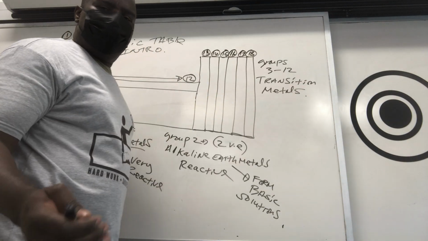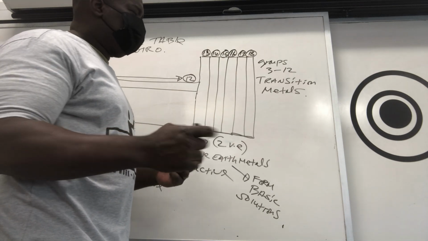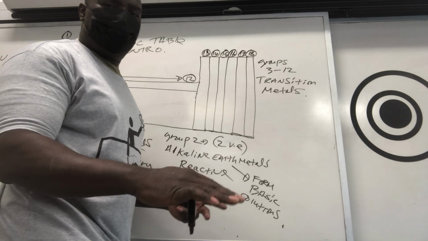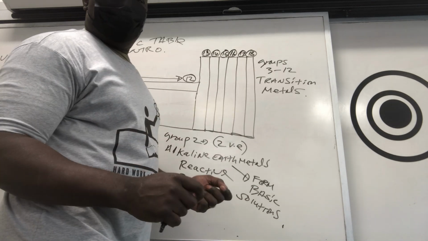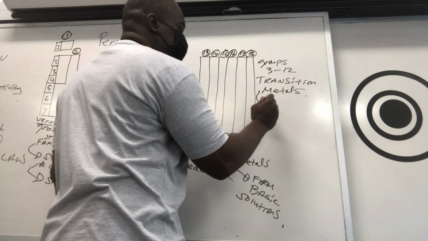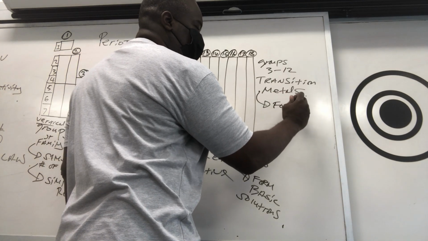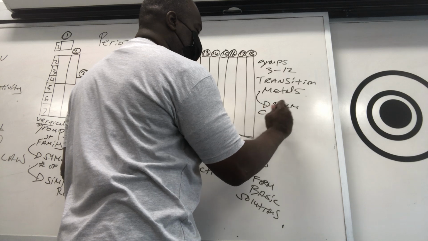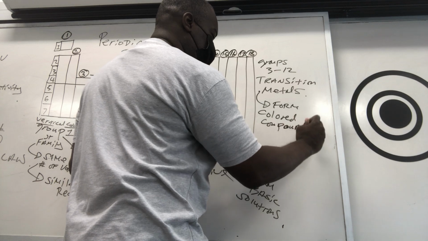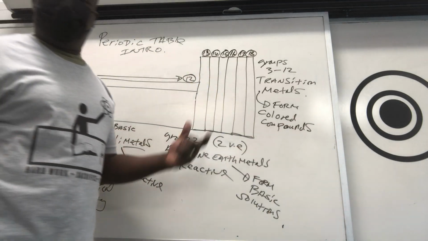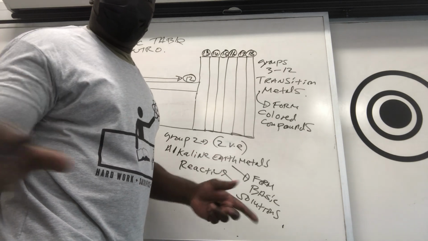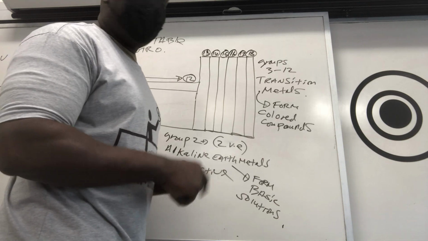They're pretty unique in that some of them, because of the way their electrons are arranged. Now, I'm not going to talk a lot about D sublevels and so on, so I'll leave that out. But the way their electrons are arranged, they're able to form colored compounds. That's a unique thing about them. A lot of them do form colored compounds. All right? Okay. So that's almost like a trivia that you have to know about them. They also have half-filled D sublevels, but like I said, I'm not going to stress that too much. They used to ask that back in the day on the regents, but not anymore.